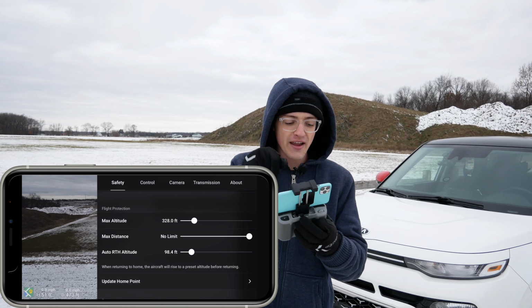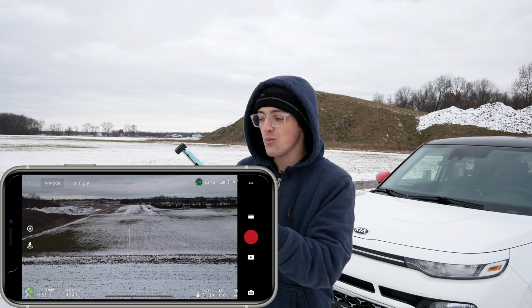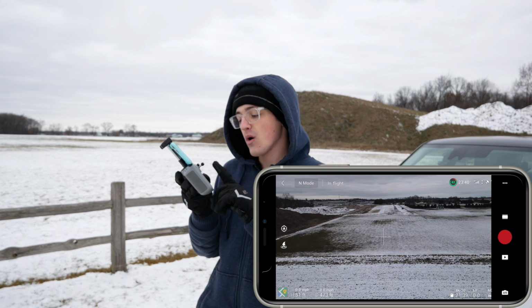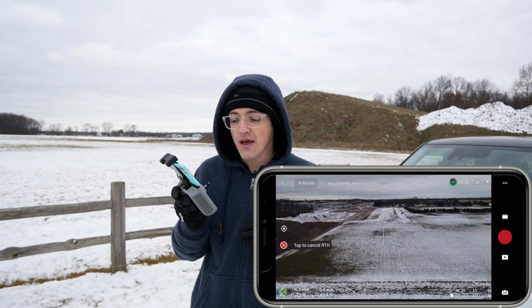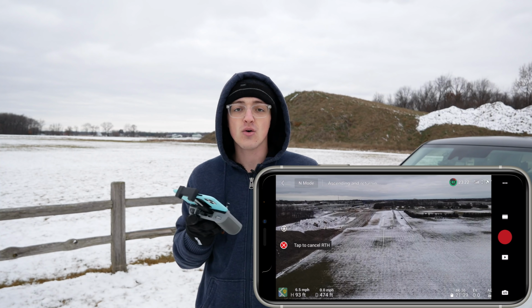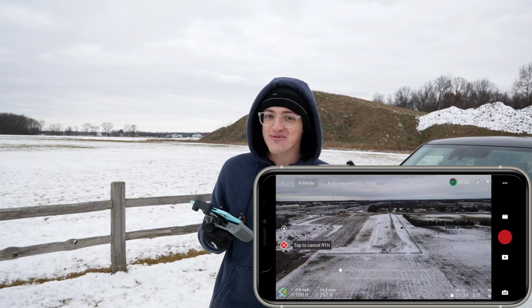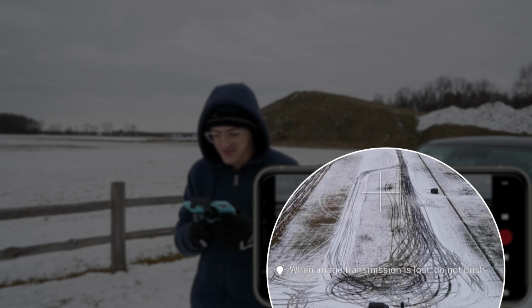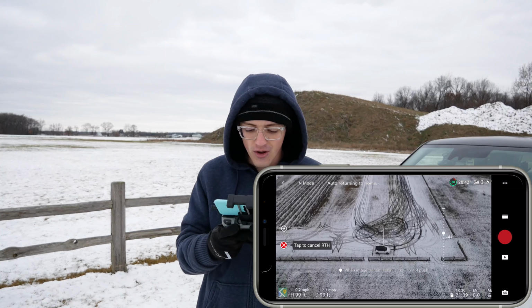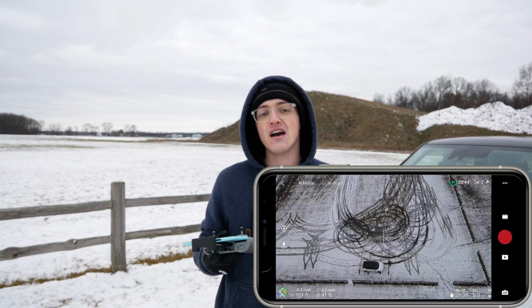Because I'm hovering at 51 feet right now, if I initiate return to home, whether that be on the app or by pressing and holding the return to home button on the remote, it'll bring itself up to that auto RTH height. And you'll see as it's coming home, you've got some more of those new in-app tips right there on the screen giving you some tips as you're flying home, which is pretty cool. And as it gets closer to home, it will physically land itself without any of your input,